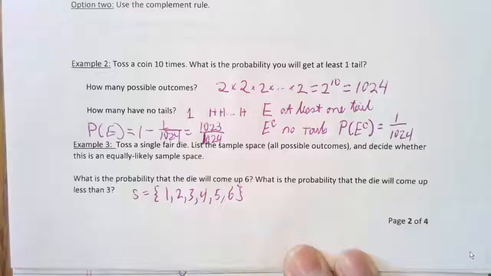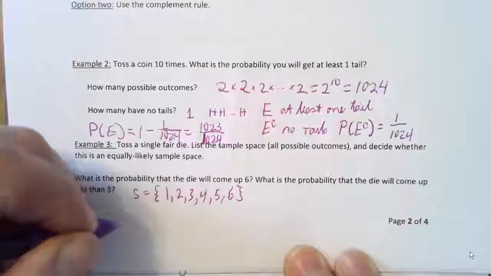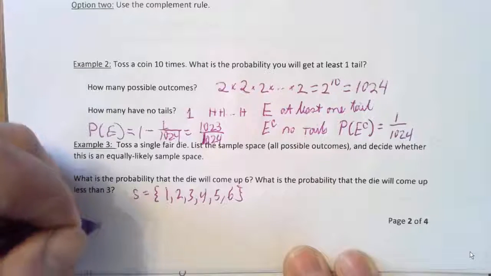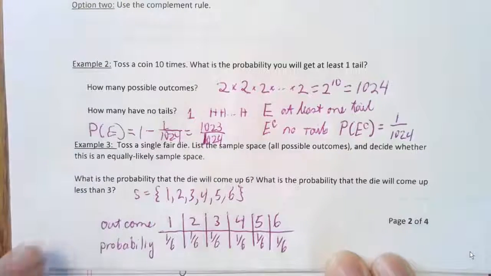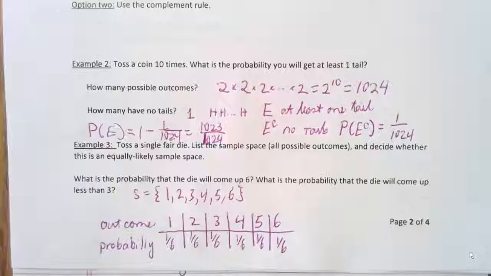And if the die is fair, the probability of each of these outcomes is the same, so 1/6 for each one of those. And we could make a probability distribution here if we'd like to. And we have another equally likely sample space. The purpose of doing this is not that it's so interesting in itself, but to transition then to one that's a little more